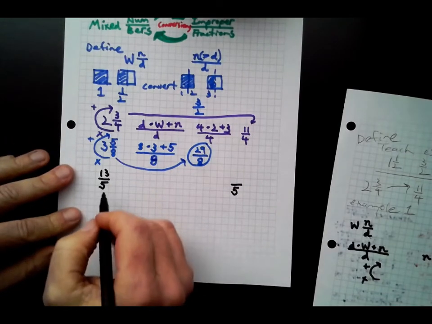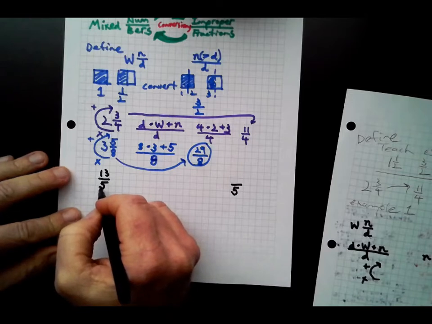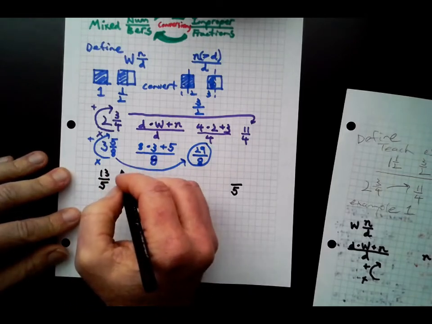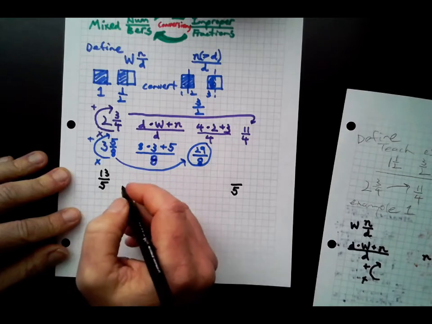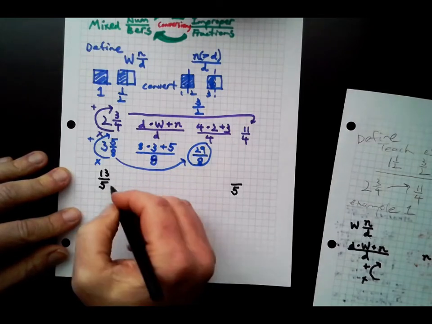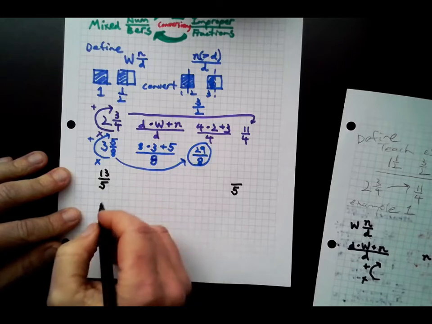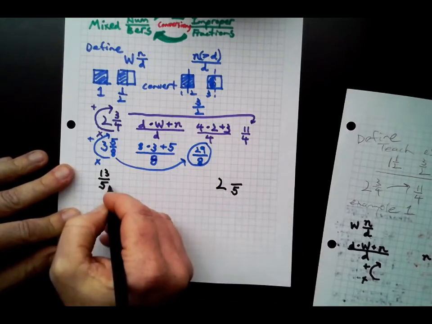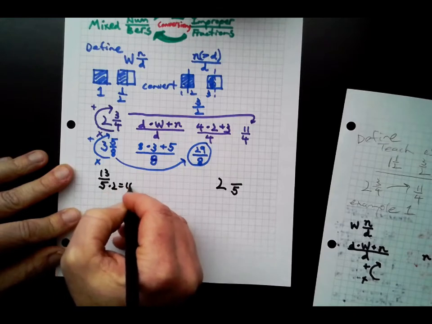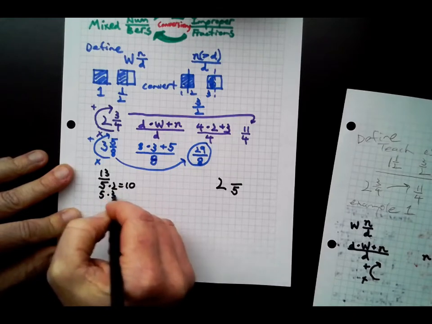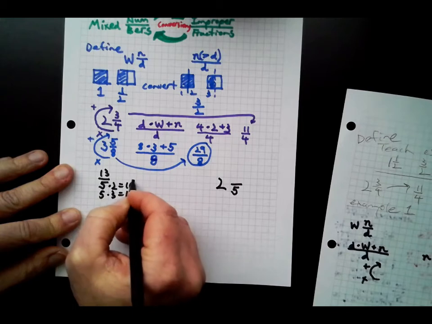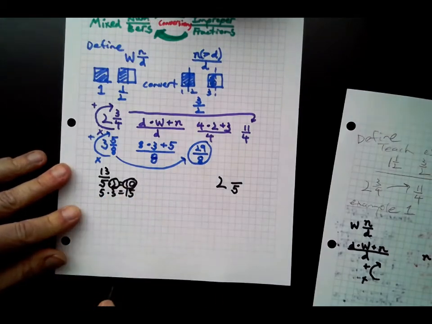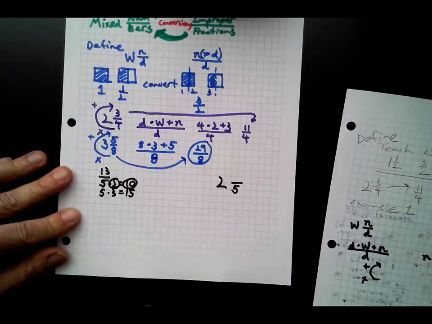So the question is, I need to find out how many whole numbers, how many times 5 fits into 13 without going over. So I'm going to divide 13 by 5. How many 5s fit into 13? 2. 2 will be our whole number, because 5 times 2 is 10. 5 times 3 is 15. So we got to stop at 10, which means 2 is our whole number. And then you might be used to saying something like,